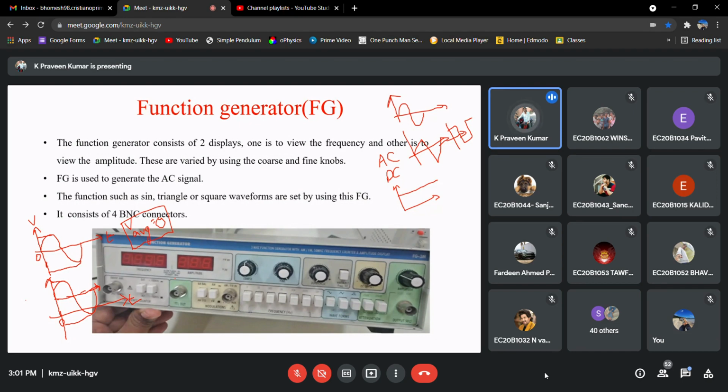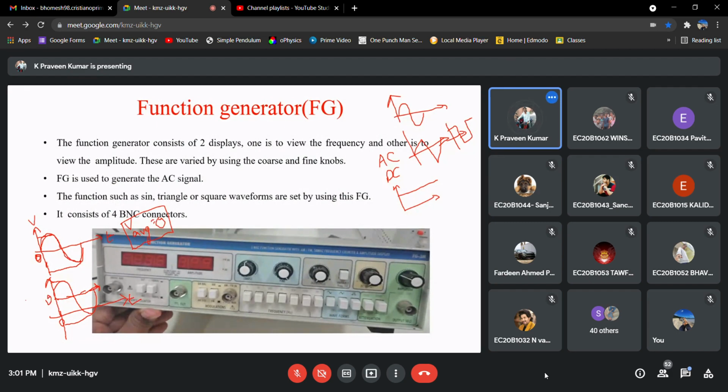Yeah, okay, no problem. So if you observe here the waveform, it is alternating. This is varying upon a line 0, but here it is varying with an average value of, let us say, some V, right?